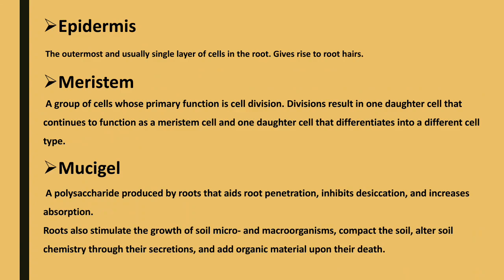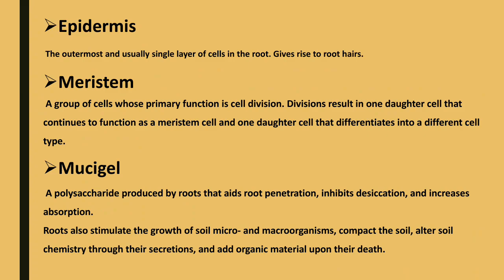Epidermis, the outermost and usually single layer of cells in the root, gives rise to root hair. Meristem, a group of cells whose primary function is cell division. Division results in one daughter cell that continues to function as a meristem cell, and one daughter cell that differentiates into